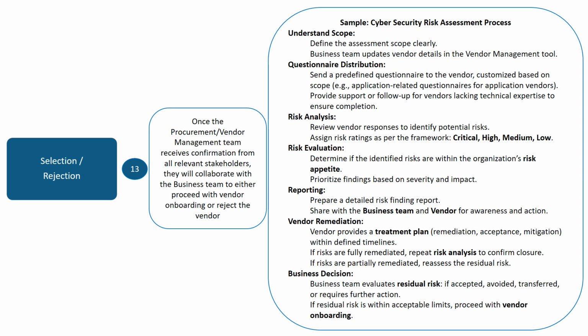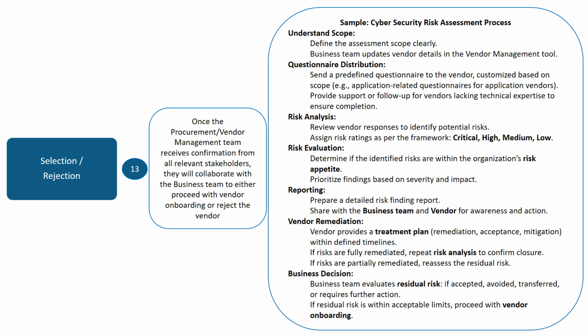The business team defines exactly what services the vendor will provide and updates these details in the vendor management tool. Once that's done, the vendor receives a questionnaire. This is usually predefined, but it's tailored to the type of service. Say, an application vendor would receive an application-specific questionnaire. And if the vendor doesn't have strong technical knowledge, the procurement or security team may step in to support and